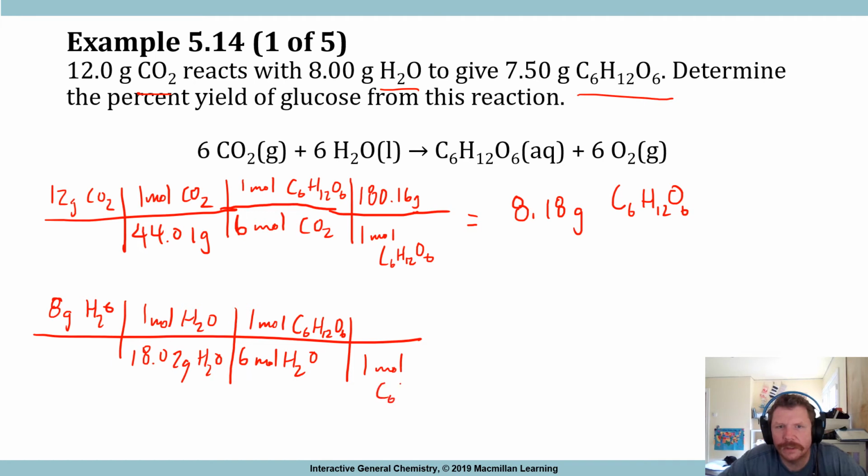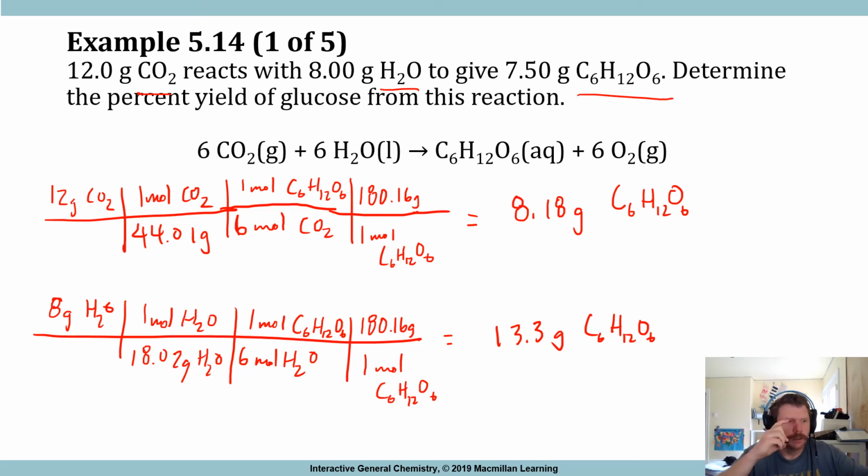Okay, now 1 mole of C6H12O6 has a mass of 180.16 grams equals, so 8 times 180.16 divided by parentheses 18.02 times 6 equals 13.3 grams of C6H12O6. Okay, so now with these two numbers, effectively what I'm trying to do is figure out,